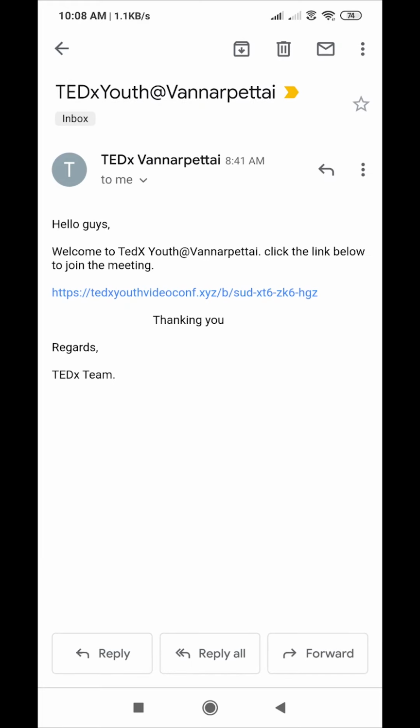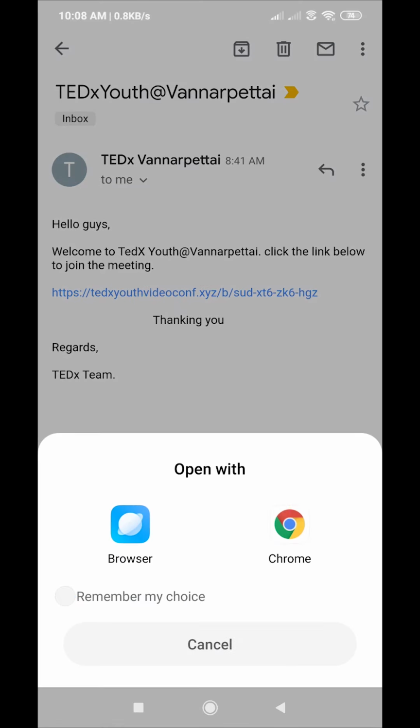The original email will be a bit big and will contain a lot of instructions. So here you'll see the link which we have sent from our team. So you click that link and you open it with Chrome. We recommend you open it with Chrome or Mozilla Firefox. We are not sure whether any other browser actually works because it might not be capable to support the Big Blue Button application.